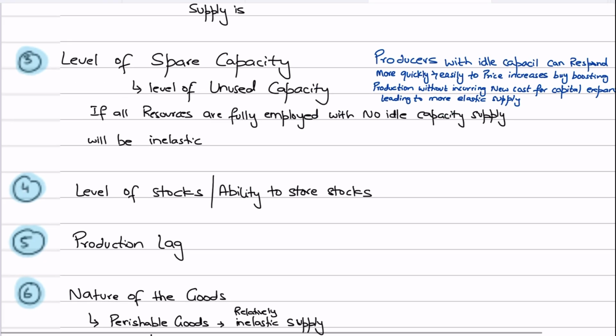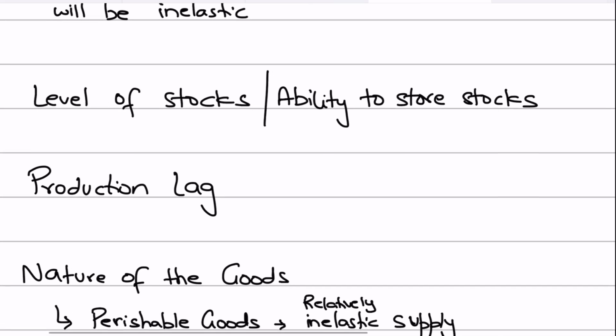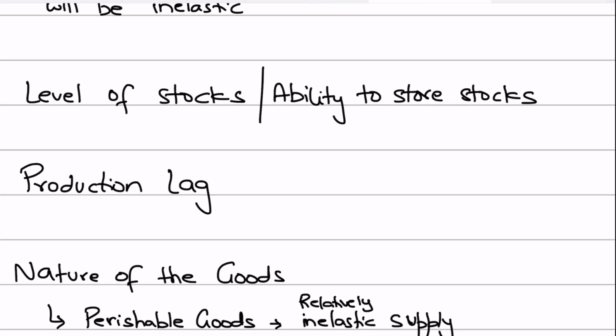Now the next point that you need to know is the level of stocks. When we're talking about the level of stocks, you're talking about the ability of the firm to store their stocks. So do the firms have storage capacity and storage capabilities? For instance, if the goods could be stored inexpensively, you don't need a separate huge warehouse to store them without incurring a huge warehouse cost. So if the firms have the capabilities to store these goods without incurring significant costs, then in that case producers would be more incentivized to build those inventories,